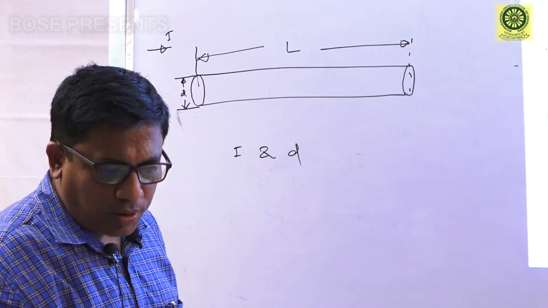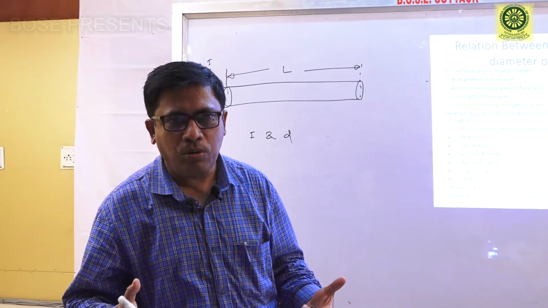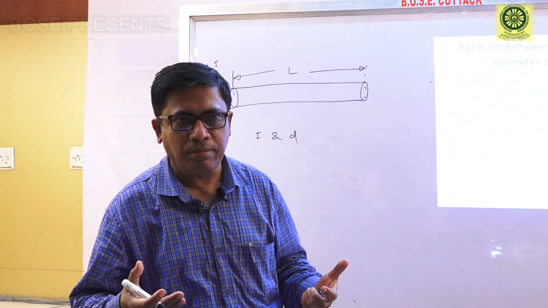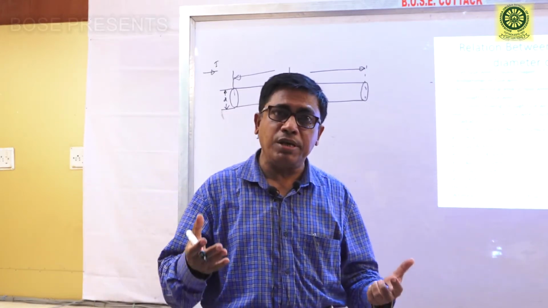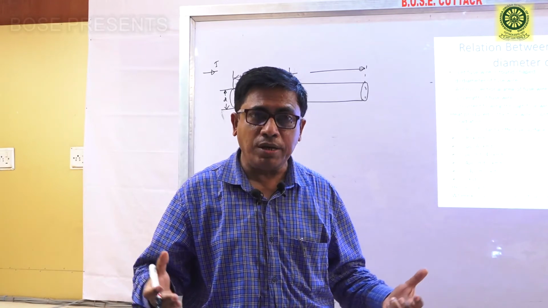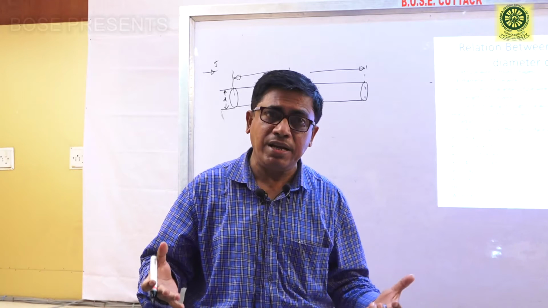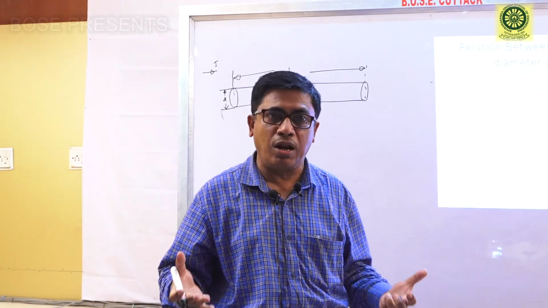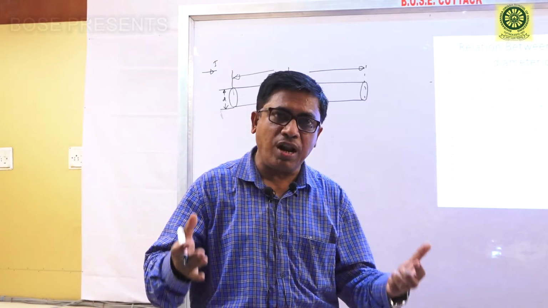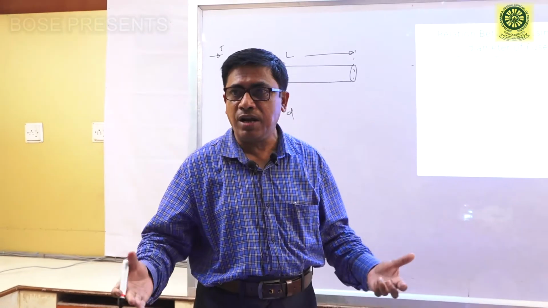So actually what is happening? Now when current flows, the fuser will be heated. Finally, this heat goes out in the form of conduction, convection, and radiation. Now what is that heat? This is loss. We are calling this the copper loss, I square loss. So this I square loss or copper loss goes out in the form of conduction, convection, and radiation.